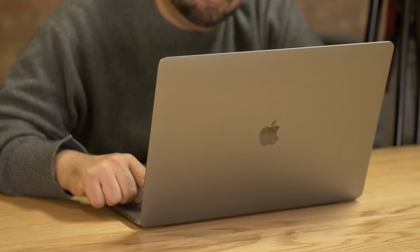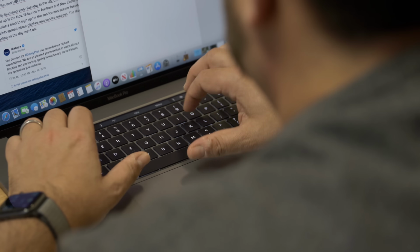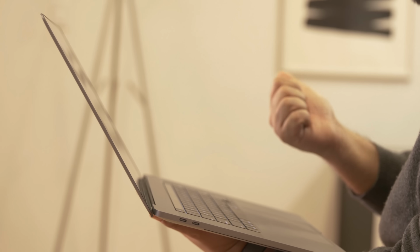I haven't even been using the MacBook Pro 16-inch for a full day. These are my very early impressions using it so far, typing on it, and just getting a feel for it. And FYI, the specs on the model I got from Apple: it's a 2.4 gigahertz, 8-core Intel Core i9, 9th